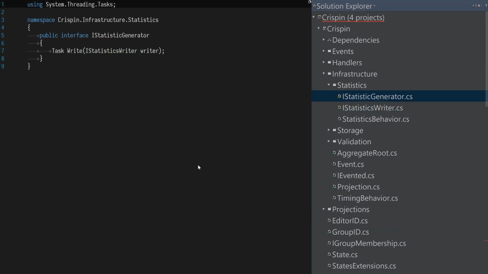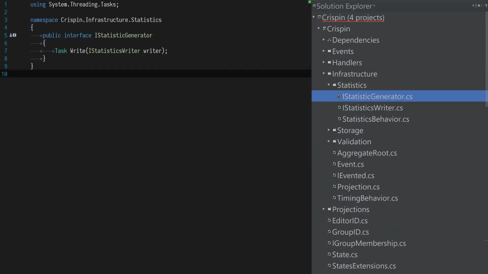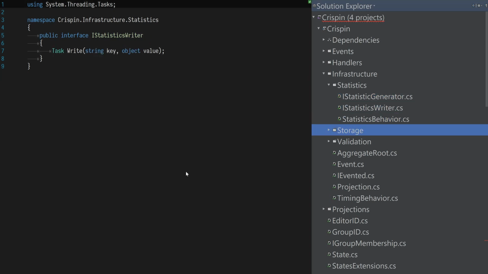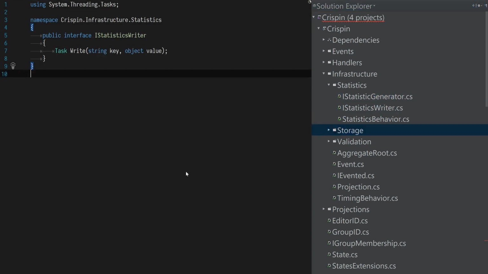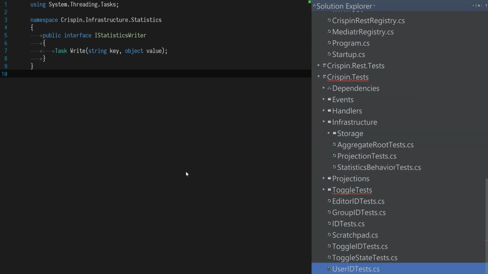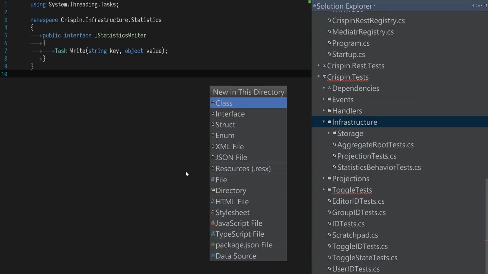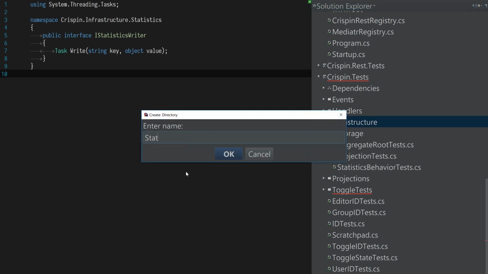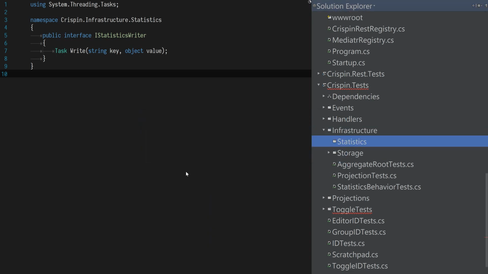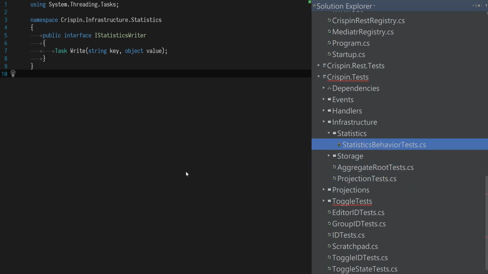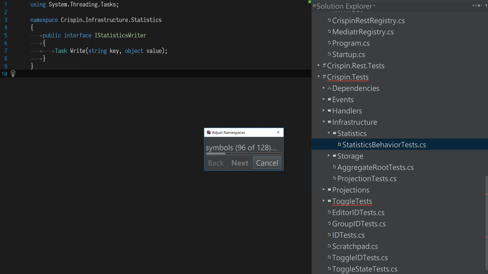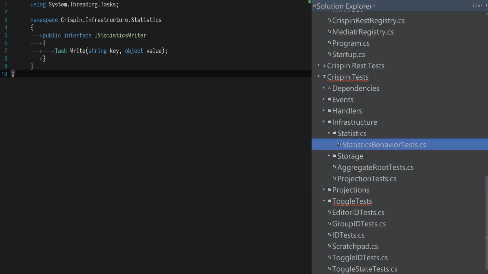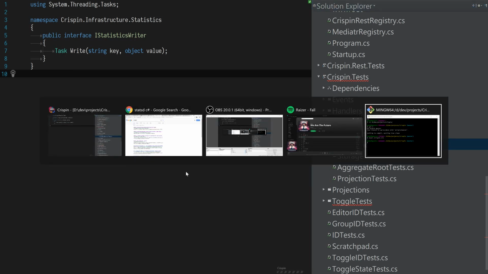And we'll just go through and make sure everything's got a blank line at the end so that Git doesn't shout at us. Right, and now we'll go down to our tests and put those in a matching directory as well. Right, and while that builds,